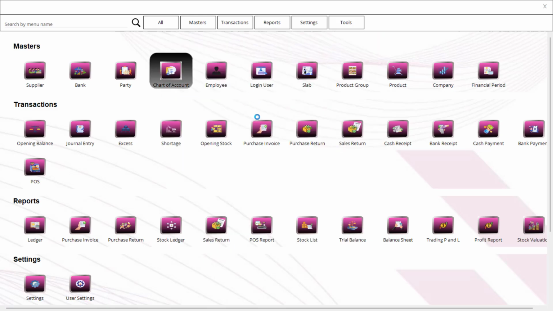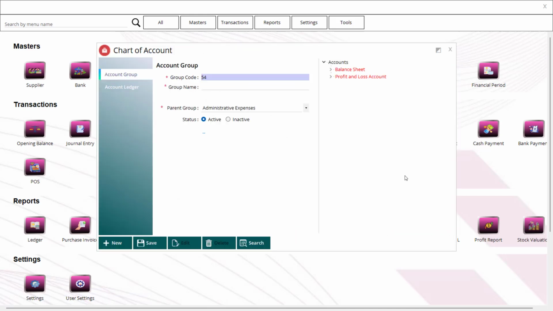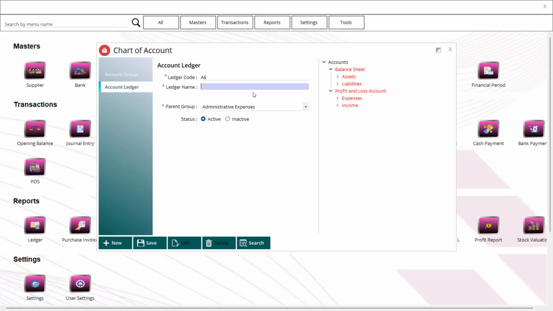Other than this, for ledger, if you want to create more, like any kind of ledger, including asset, liabilities, expense, income, everything you can create. When you install the software, you will get all default account groups and ledgers. For example, you will get cash account, purchase account, sales return, etc. If you want to create more, simply type here, for example, expense. Let's consider fees expense